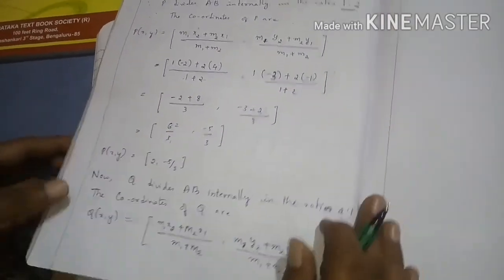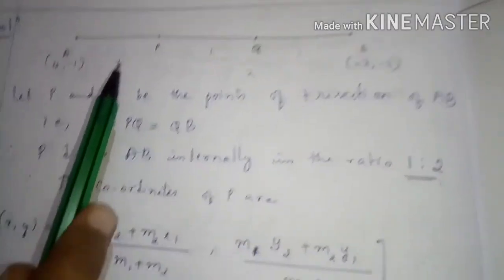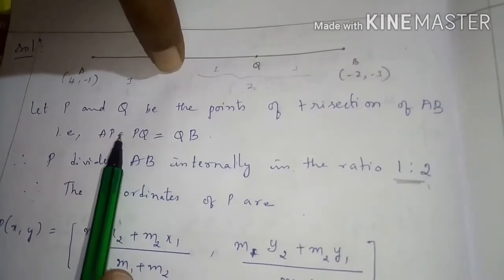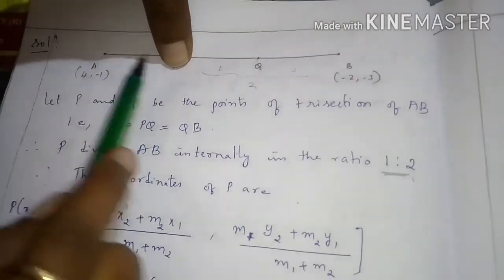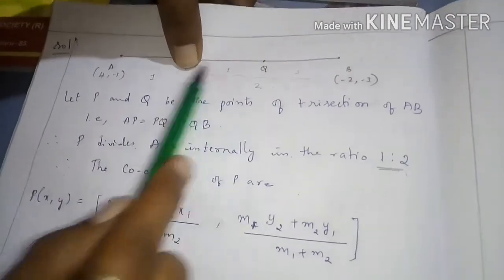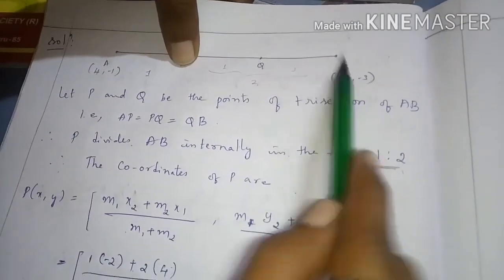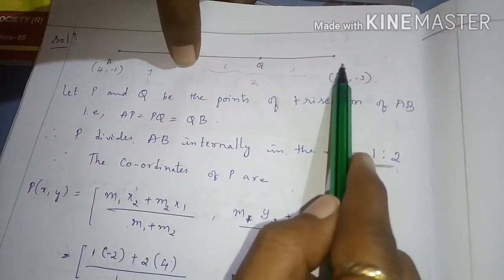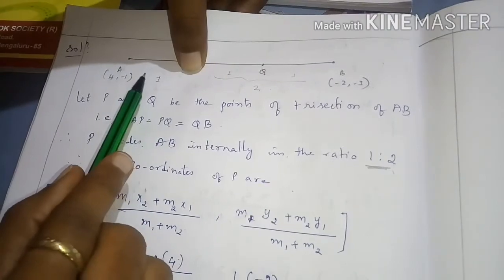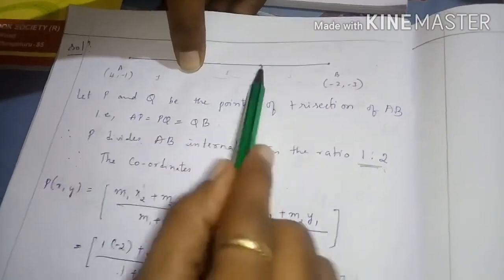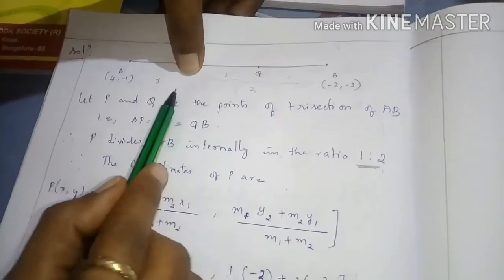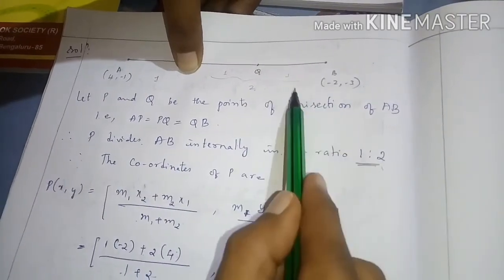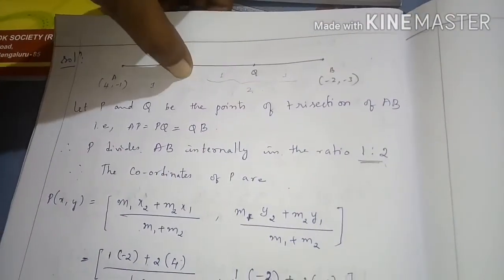Okay, 2:1 means, in the diagram, here we are leaving the point Q. For these two, 1 plus 1 is 2. This is QB I am taking. AQ and QB I am taking for point Q. That is, AQ is 2 units and QB is 1 unit. Okay, that is 2:1.